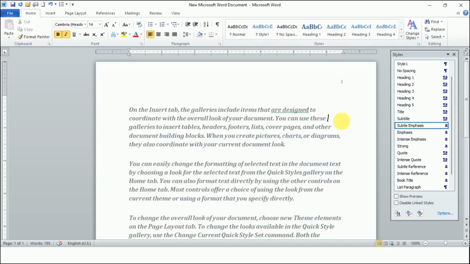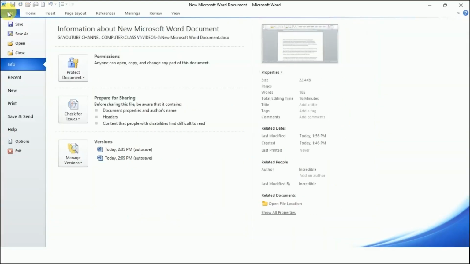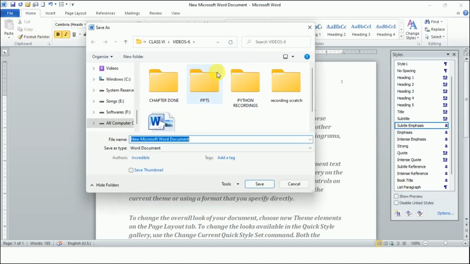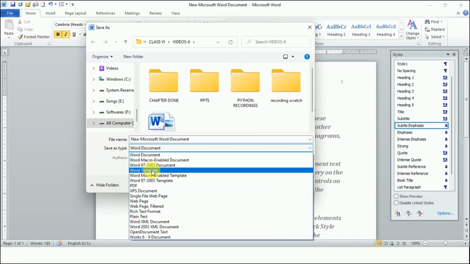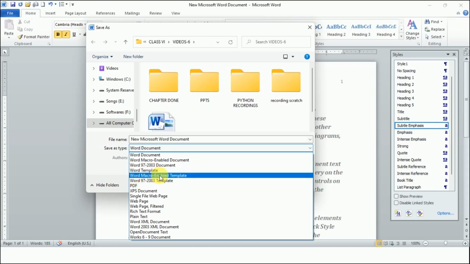I want to save it as a template with some modification. Now I will come here and click on the save as. The moment I click on the save as, this list box is available to us, named save as type. So you click it and you see the Word template option is available. We want to save it as a template. We have two options here: Word template, Word macro enabled template.